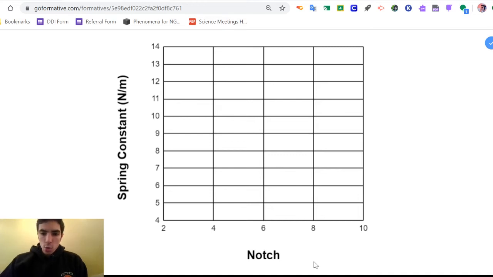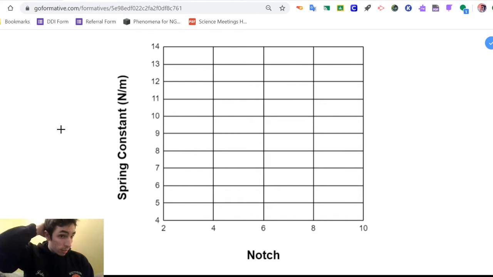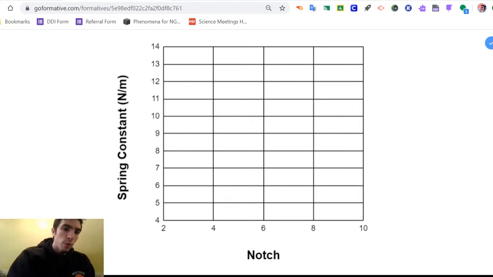Alright, so today we are finishing up the experiment that we've been working on for our Monday and our Tuesday work, and the first thing I ask you to do is graph your data from your table from yesterday. So I'm going to put up some sample data to show what I would do if this is what my results looked like from that. So let's say that at this